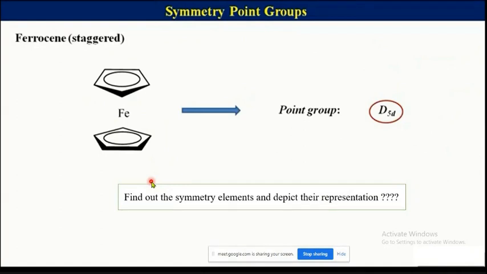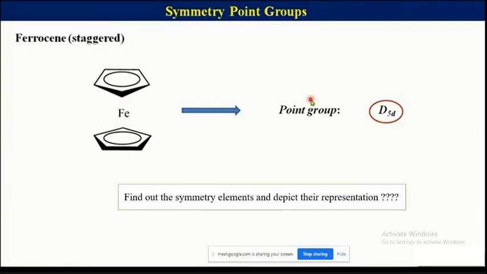And in the ferrocene, I'm taking an example of the staggered configuration. I hope you will be able to distinguish what is staggered and eclipsed. Eclipsed, you know, one ring completely covers the other ring, that is eclipsed. If you see here, this notch, this first one, and here the notch is coming in the opposite direction, that's why it is staggered. This way you can find out.